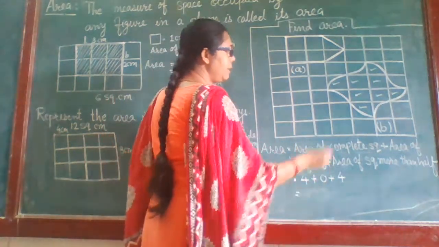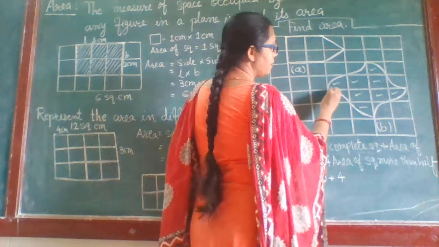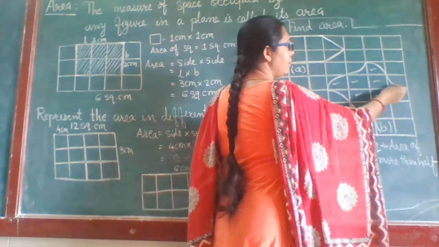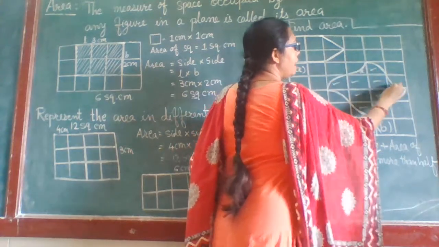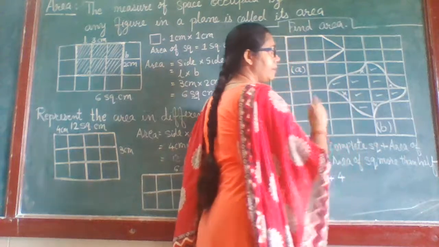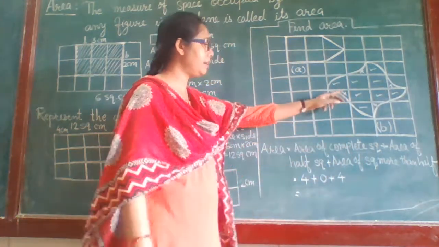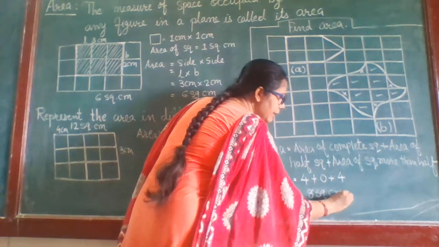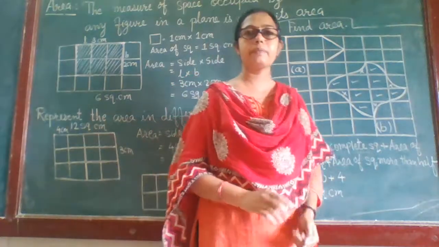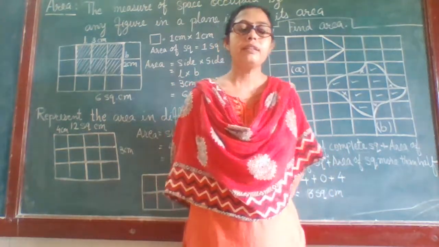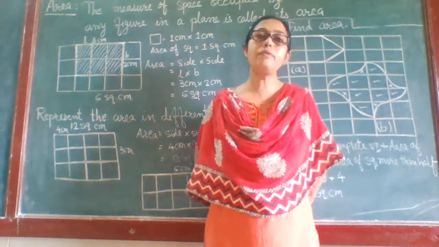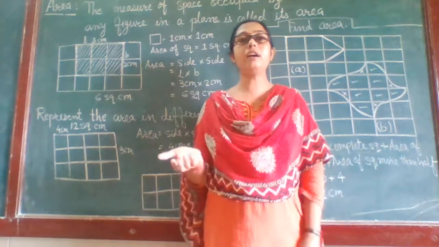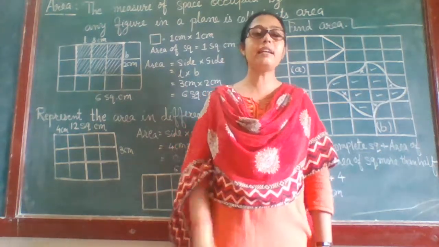So now the remaining, see, this is less than half, this one is also less than half, this one is also less than half. We have not to count them. So the area of figure B is equal to 8 square centimeter. Again, listen carefully. The figure occupied some of the full and some of the half and some of more than half or some of less than half square.